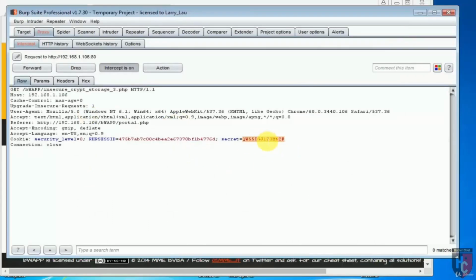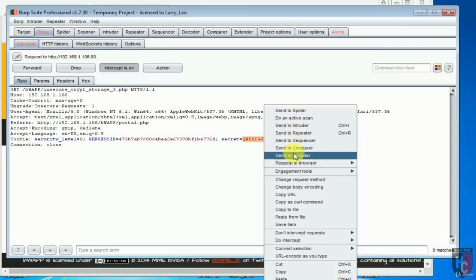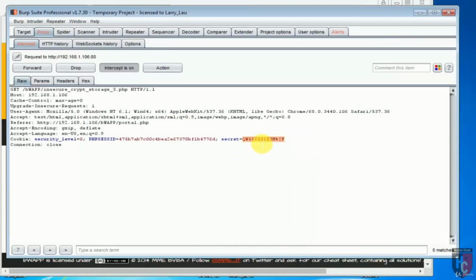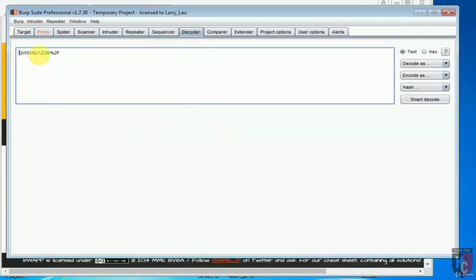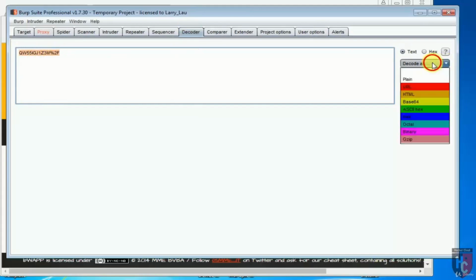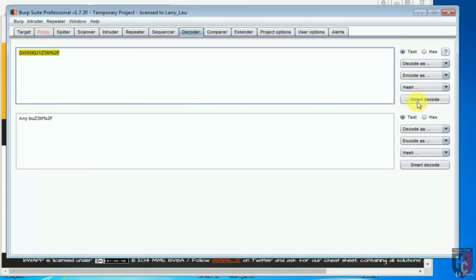Now highlight the desired string, right click on it and then select Send to Decoder. As you see in the decoder, the value of the cookie parameter is sent to the decoder. By clicking on the Smart Decode button, it selects the encoding base64 and decodes it in the field below where the encoded text was originally entered. You can see that the text is decoded as